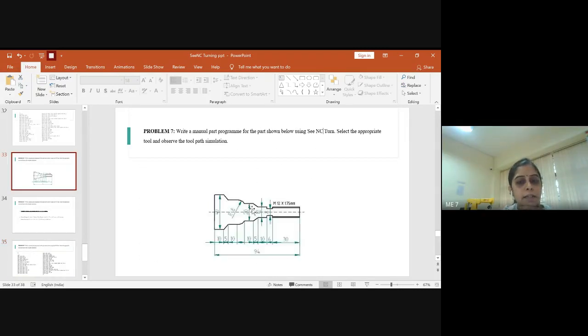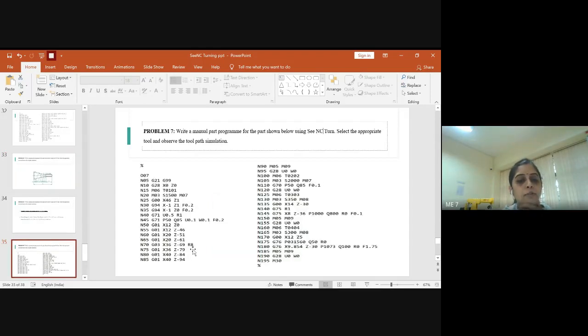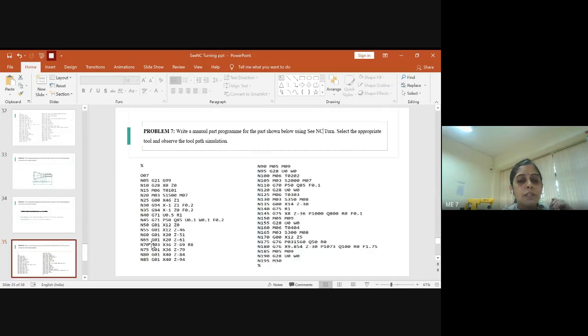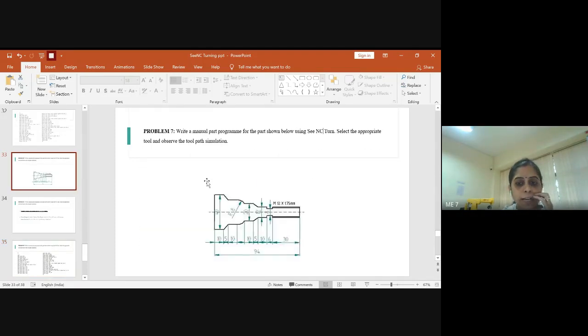What is the radius given here? It is 8. So you should not forget to give the radius for circular interpolation. You will write R8. And you didn't check whether it is clockwise or anti-clockwise circular interpolation. It is going in the anti-clockwise direction because you have it in this way, right? And hence you have to write G03. So by this you can see that our tool has reached this position.